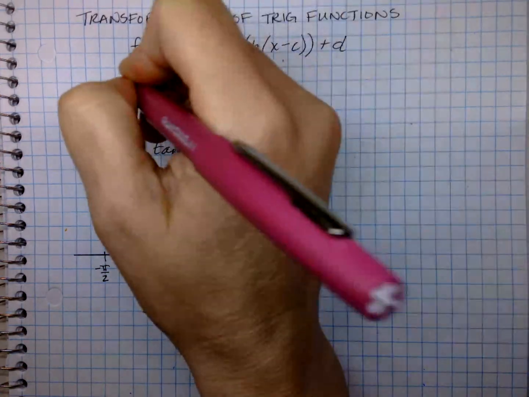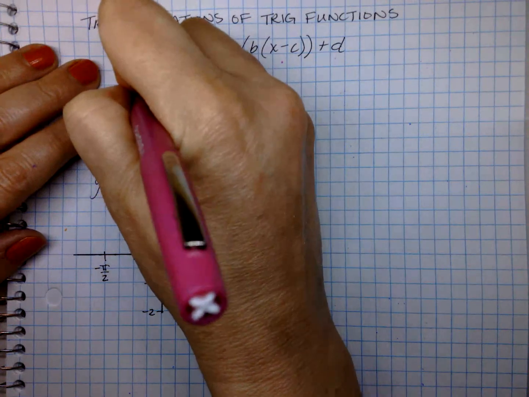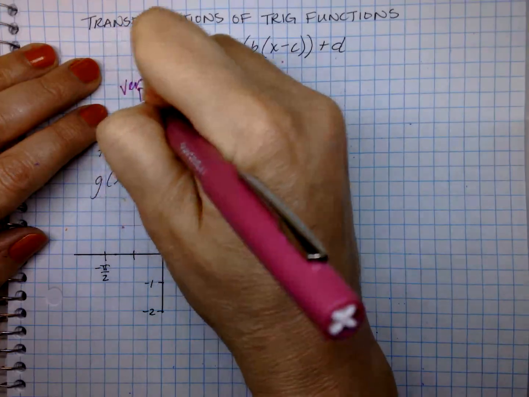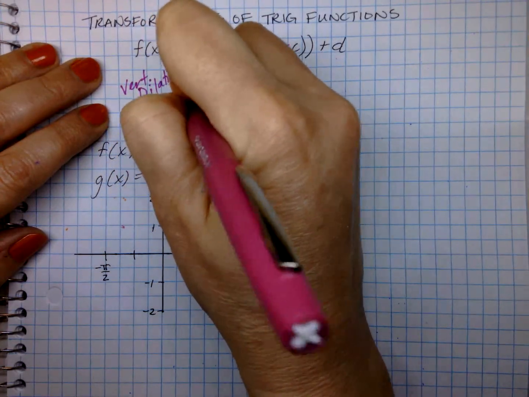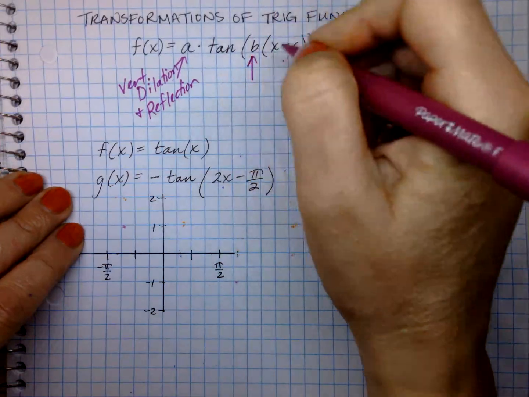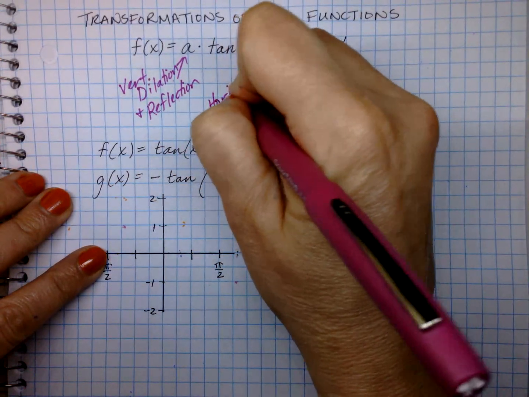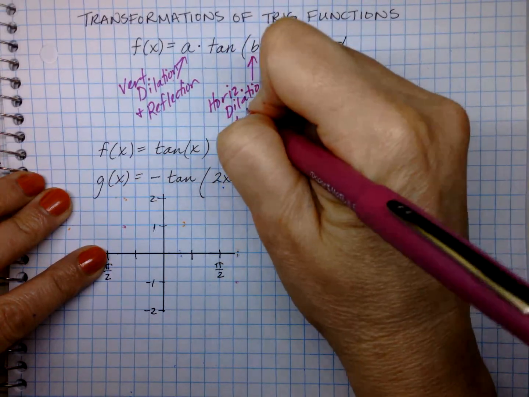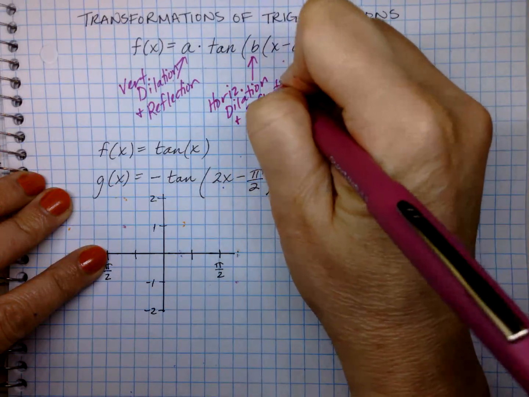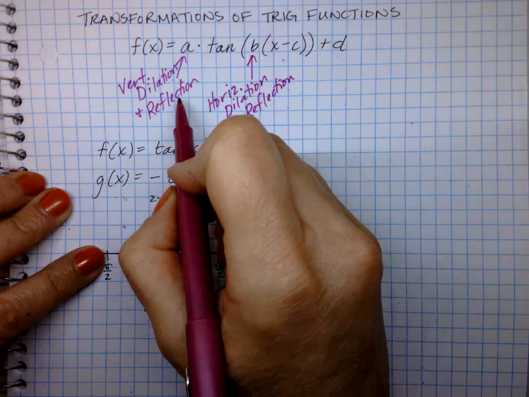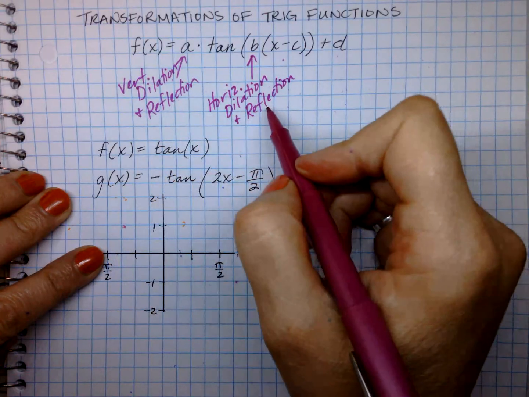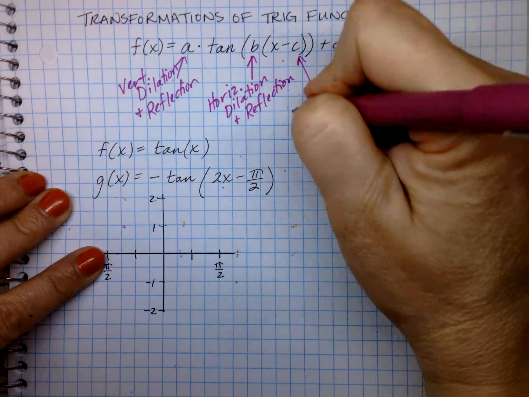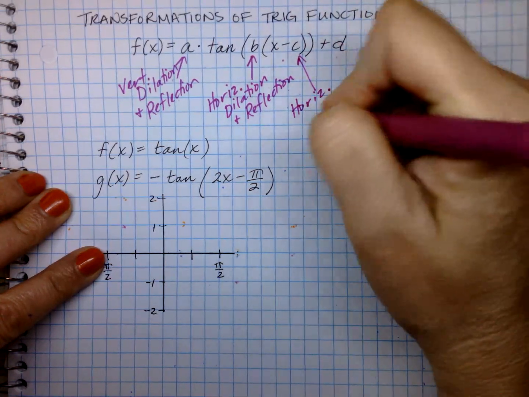transformations. A controls the vertical dilation and reflection. B controls horizontal dilation and reflection. Of course, this one would be vertical reflection over the x-axis, and this one would be horizontal reflection over the y-axis. And we've got C, which is horizontal translation,